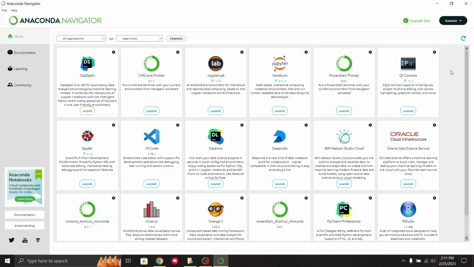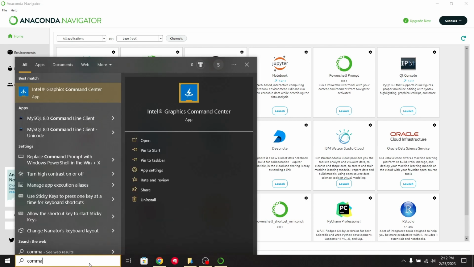Basically, pip is a package management system used to install and manage software packages and libraries written in Python. These files are stored in a large online repository termed the Python Package Index, PyPI. So pip uses PyPI as the default source for packages and their dependencies. To install Jupyter using pip, we first need to check if pip is updated in our system. You can go to the command prompt